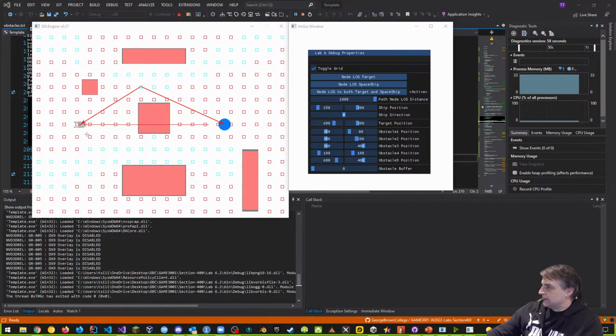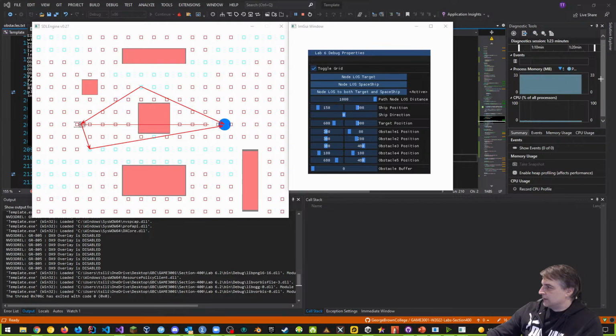How about this one? There's the nearest, right? That's the nearest one that I can see. I don't think this is the nearest. So this would be the nearest one. And you want to draw from here to here. This is your to-do. And then from here, you can go right to there. And you can see that that is the path that you would take from here to here and from here to there. And that's the path to the target, okay?